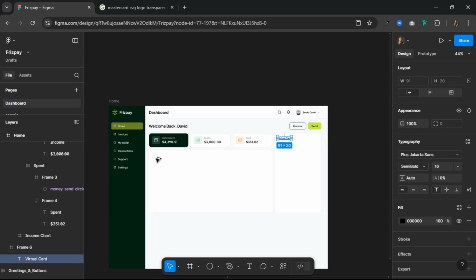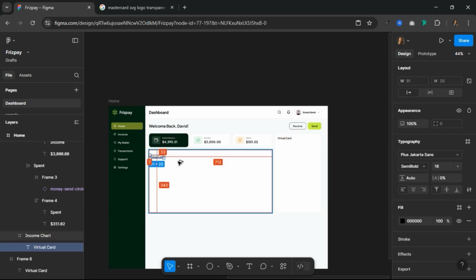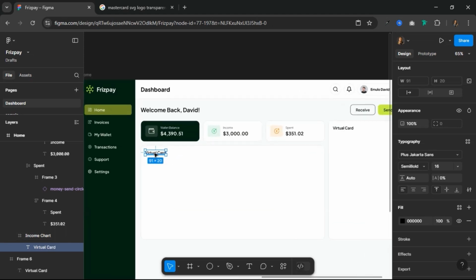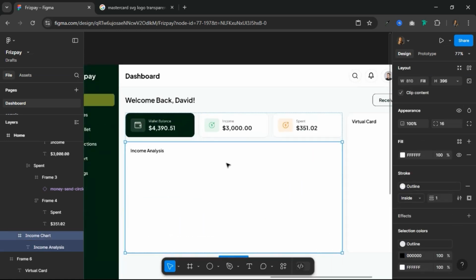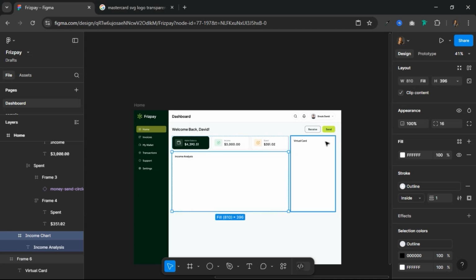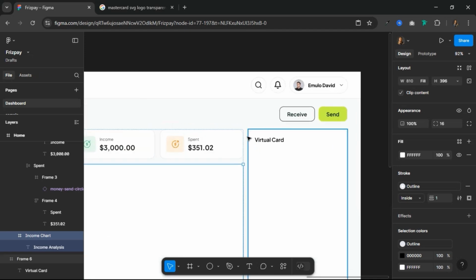So once I duplicate this and carry it over here, this is also going to be the same. So this is going to be our, or let's call it, income analysis. All right, so now that we have this,